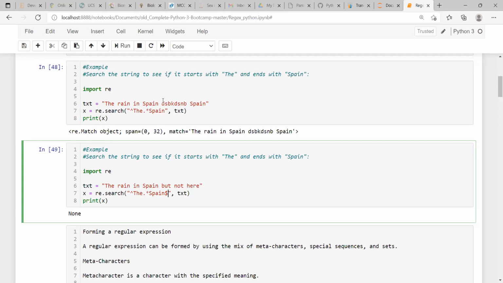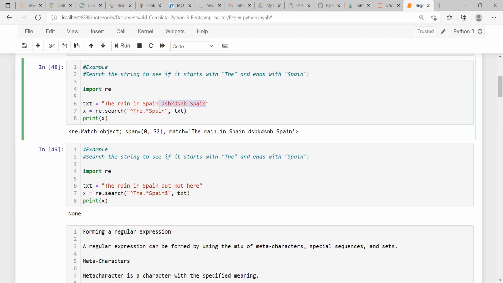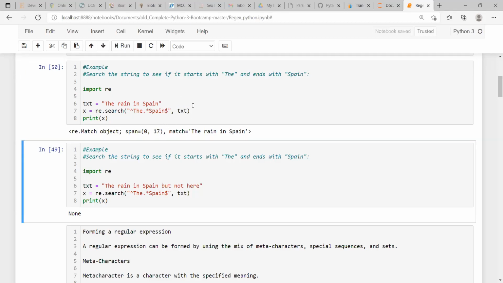Say for example, I modify this previous code. Now if you run it, you get the exact output, the rain in Spain. But if you add more words to your given string and run the same code, it shows none.